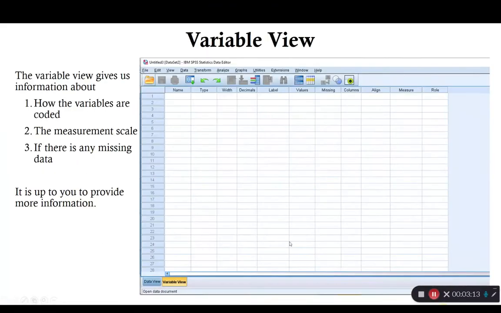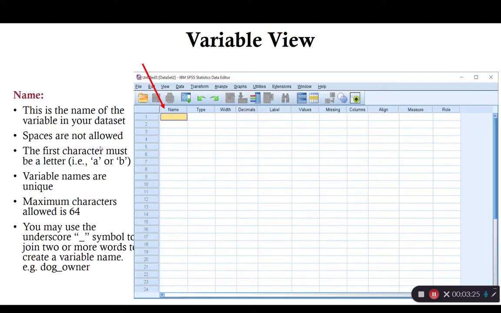Now the variable view gives us information about how variables are coded, the measurement scale, and if there's any missing data. And you can type in other information if you'd like to. The name, and this is again in variable view, is the name of the variable in your data set. One key thing to note is that spaces are not allowed. The first character must be a letter, but you can have numbers as long as they don't begin the variable